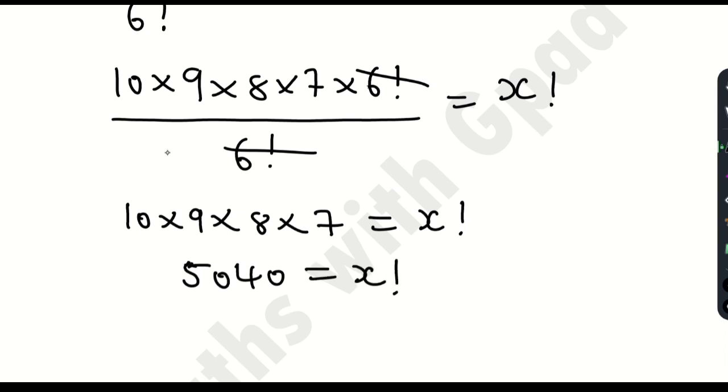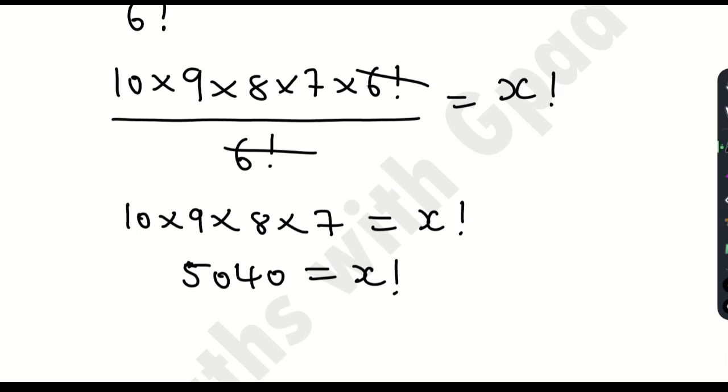Now the question is, how do we get x? Because this is x factorial, not x. So we need to get the value of x and not x factorial. It means that we must find a number whose factorial will give us what? 5040. Now there are different things you can do, but I want to introduce you to something called the reverse